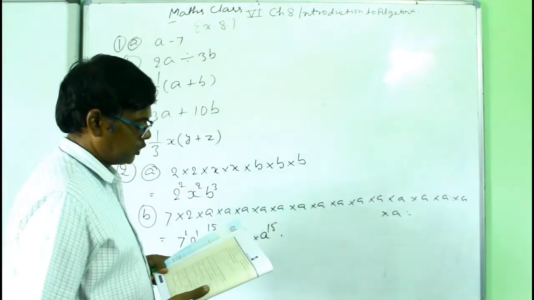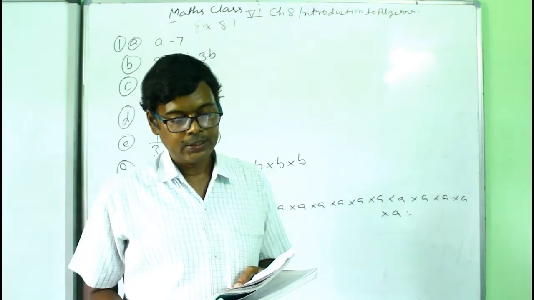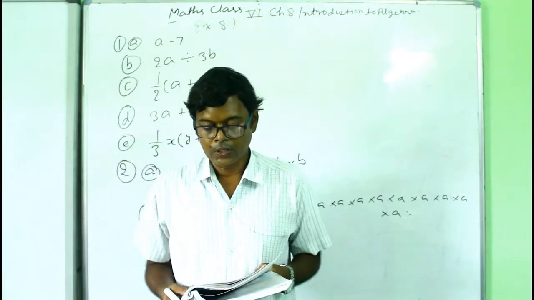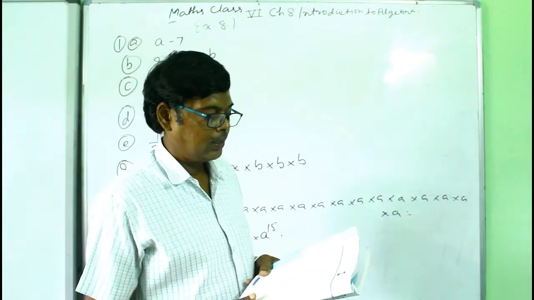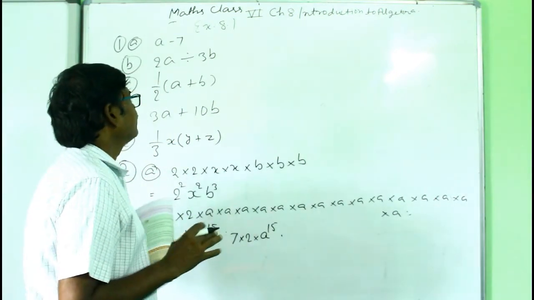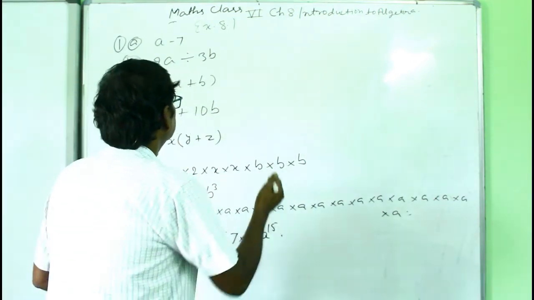and you will do the other question yourself. Now question number 3, write the numerical coefficients of each term of the following algebraic expressions. यहाँ पर क्या करना है, I will explain you the numerical coefficients of each term. The numerical coefficient, okay, question number 3,